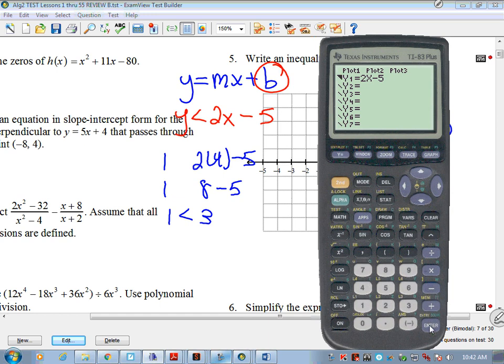And I'm going to wait till I see that shaded portion on the bottom. That's going to be my less than. And then I'm going to graph it. Okay, and I should see something that looks a lot like,